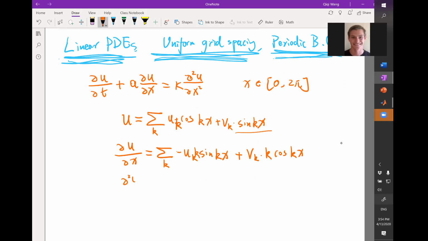So does the second derivative. If you take two derivatives, you're going to see, oh, the entire thing becomes negative. So if you take a second derivative of a cosine, it becomes negative cosine, and you get multiplied by k squared. And also, if you take two derivatives of sine, it becomes negative sine, and you again have a k squared,